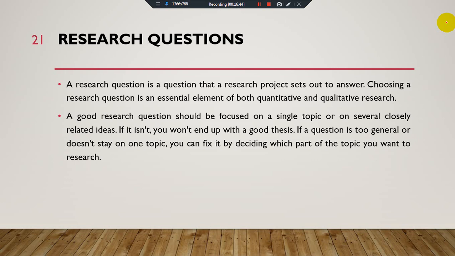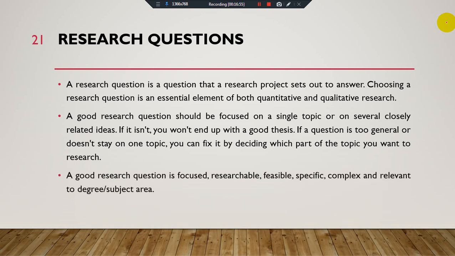If a question is too general or does not stay on one topic, you can fix it by deciding which part of the topic you want to research. A good research question is focused, researchable, feasible, specific, complex and relevant to your degree or your subject area.